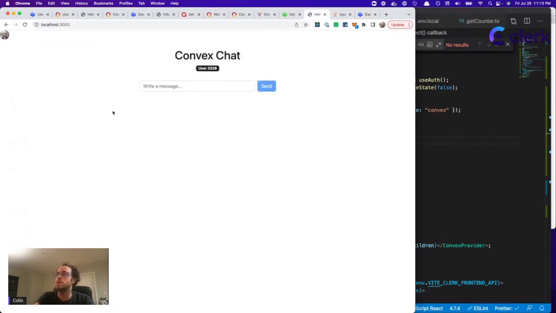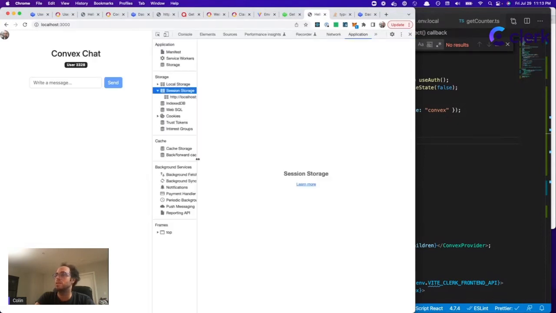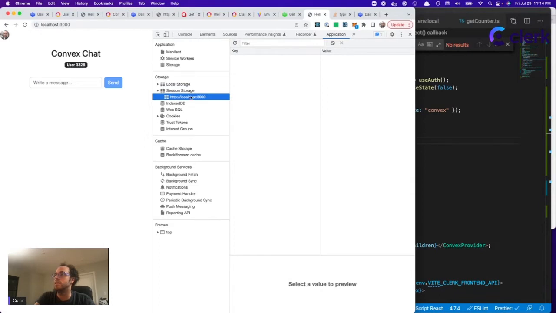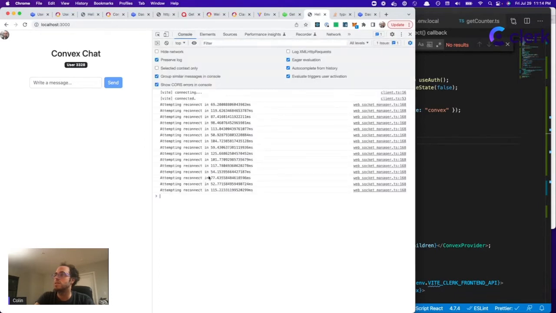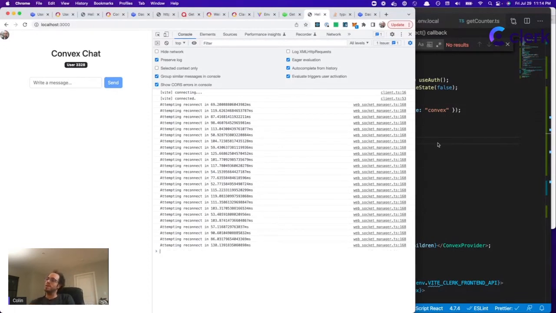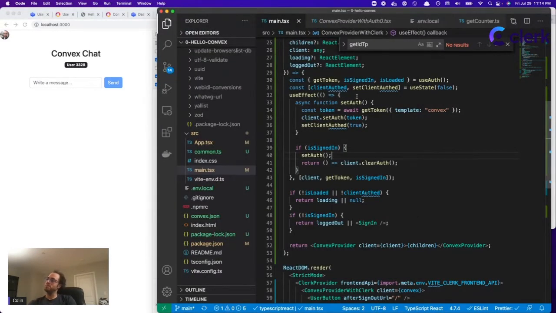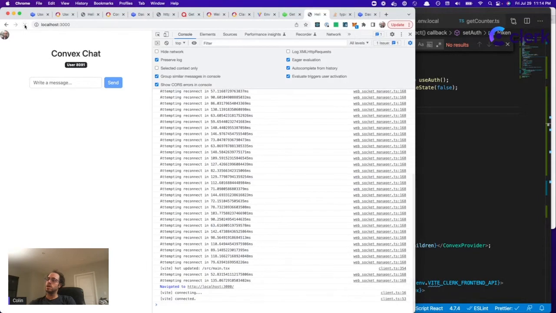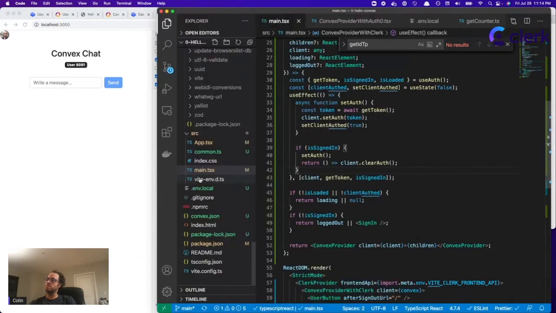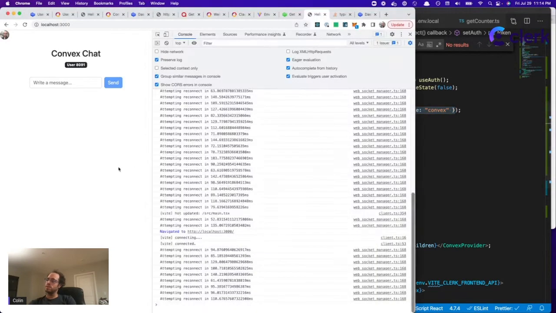Oh, I'm optimistic about that. All right. No, it still looks like it's connected. Yeah. But wait, was I in this state before? Maybe I was in this state before. Oh, that's so tragic. I was really excited for a second there. Yeah, I guess I was in this state before. Okay. So we have to figure out why